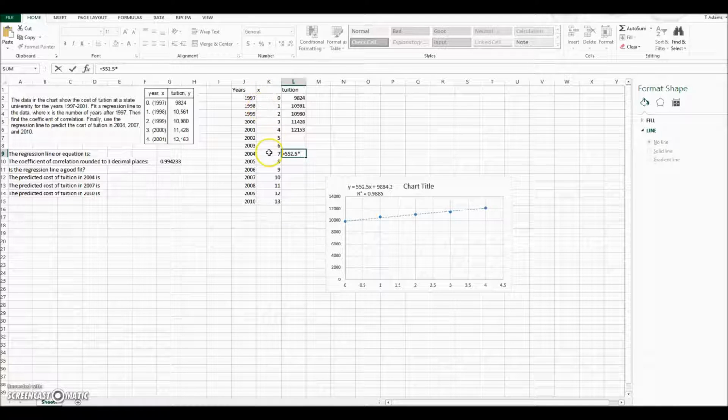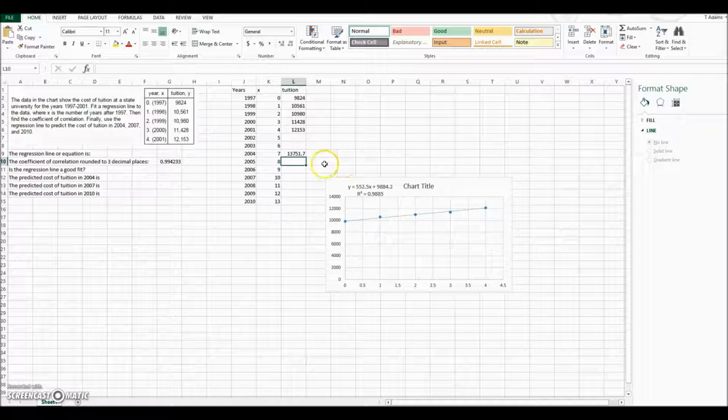Well, our x value is right here in the adjacent cell, so I'll click on that. It's located at cell K9, and then we add on that slope intercept of 9,884.2. When I tap enter, it's going to return the predicted tuition for 2004, so we would answer